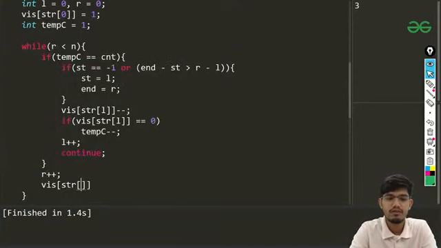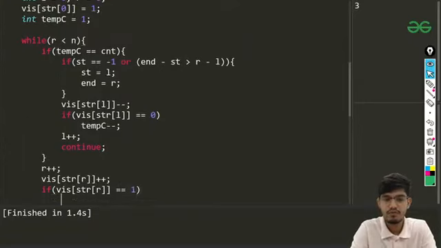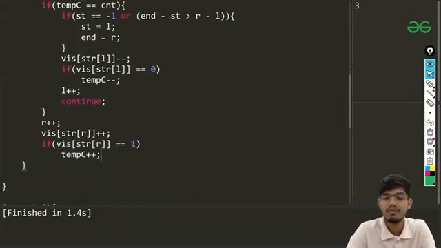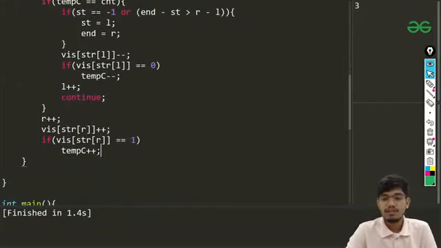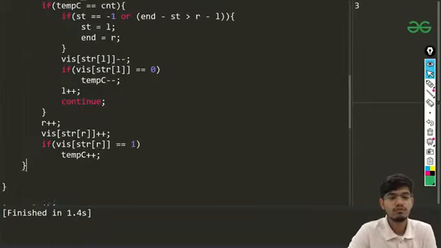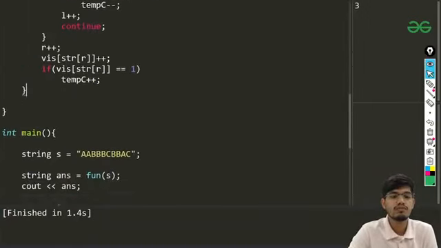So I'll be writing v of str of r, plus plus for that, and if my v of str of r becomes equals to 1, which means when I'm entering at this position first time, in that case only I'll be increasing my temporary count. So I think that is done now. So this is only the code which we are going to be writing.